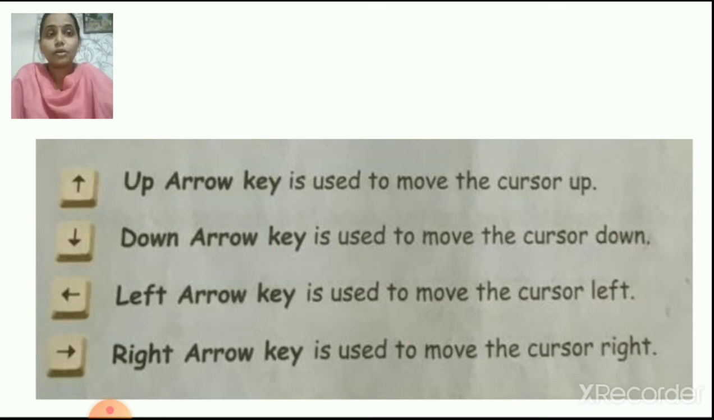Okay, so cursor position is very important while pressing these arrow keys. You see where is your cursor. When you want to go up, you will press up arrow. When you want to go down, you will press down arrow. Right and left arrow keys are also there. Okay, children. Now, next we will see